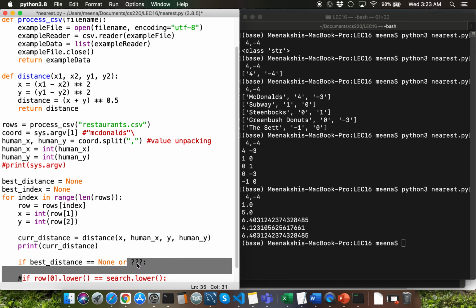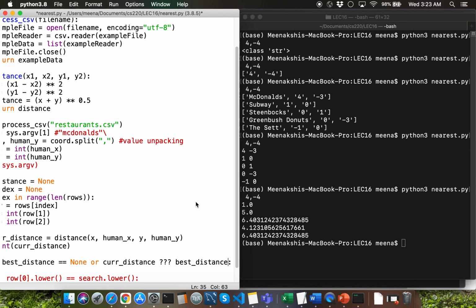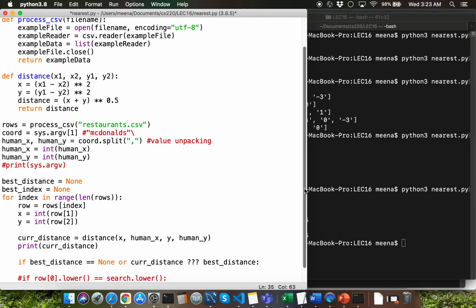In the search condition, we want to compare cur underscore distance with best underscore distance, correct? How do we want to compare those? We want to check if cur underscore distance is less than best underscore distance. That's because we want the nearest restaurant to the human being.